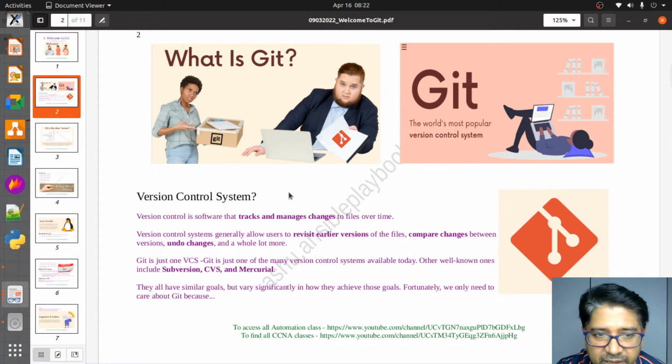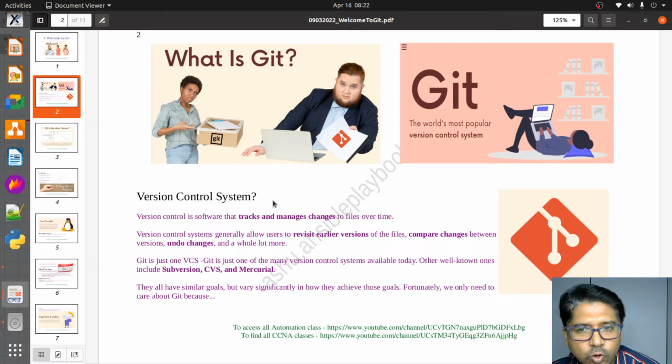Now, what is Git? Git is a version control system, actually made for coders. It was earlier for coders, but later on adopted by everyone working with some file management system. This makes the file management system very easy,